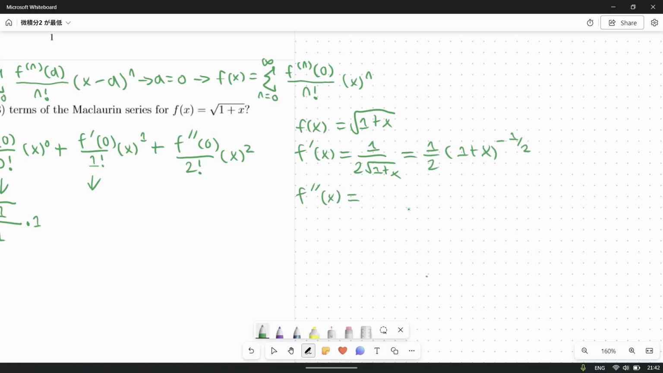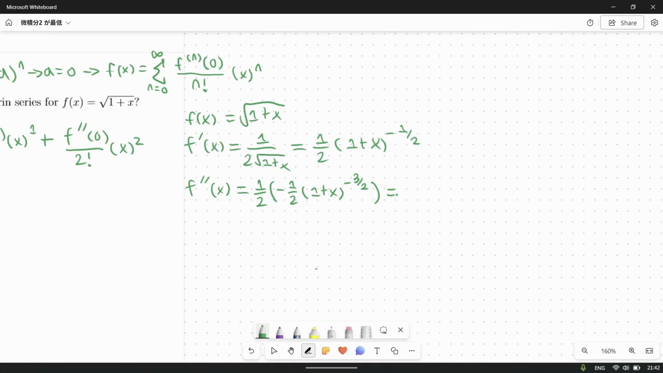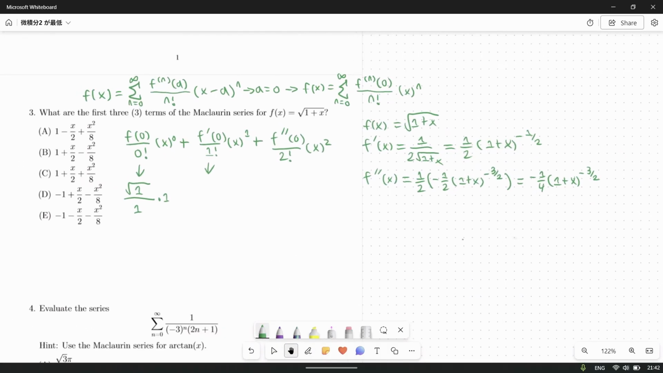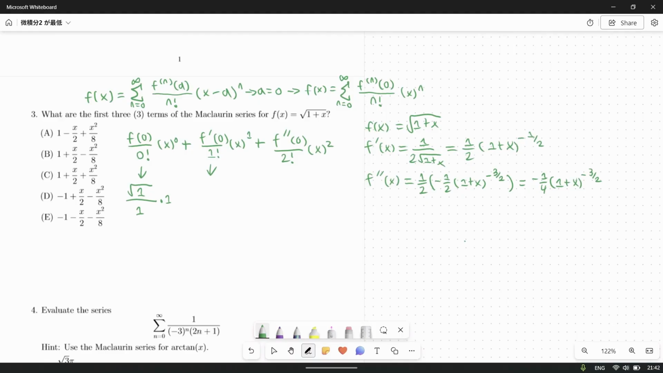And so that's going to give you 1/2 times negative 1/2 times (1 plus x) to the negative 3/2 power. And then that can simplify to just negative 1/4 times (1 plus x) to the negative 3/2 power. So now that we have those derivatives, we can plug those back into our original equation. And so f prime of 0, that's going to just be equal to